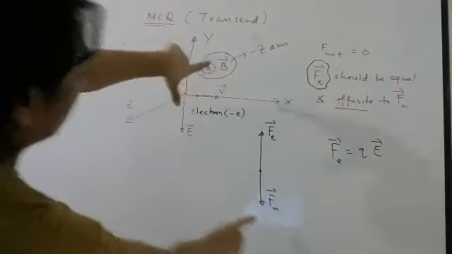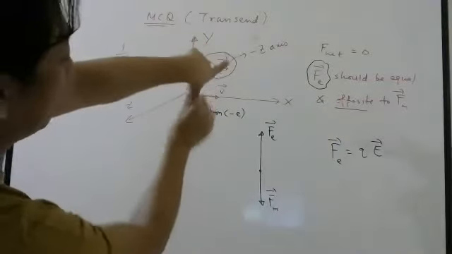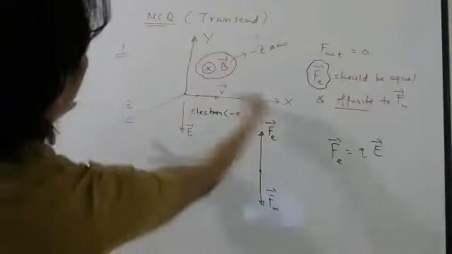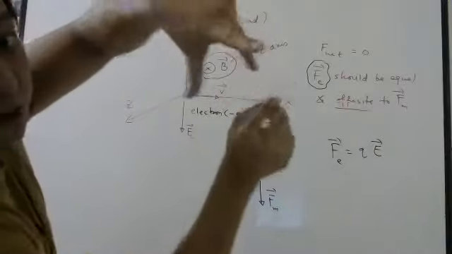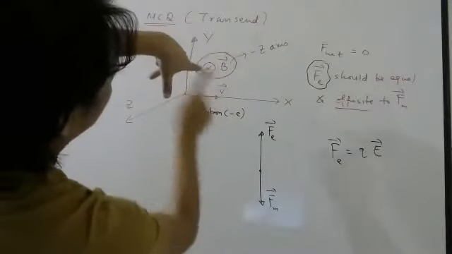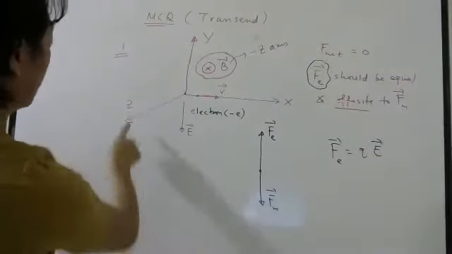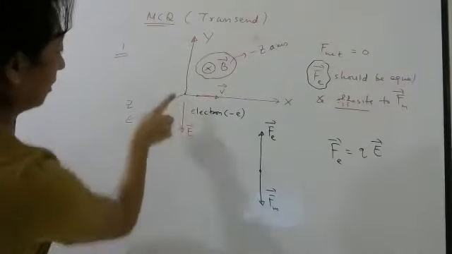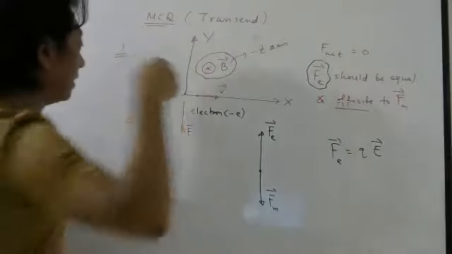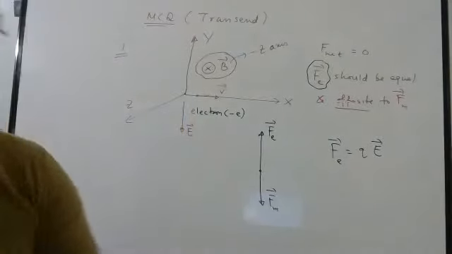So force, magnetic force is your thumb. That should be down. Current is here. So magnetic field, this first finger will be this side. So this side means it is along negative z-axis, because z-axis is out of the board. So magnetic field should be inside the board. So it is negative z-axis.